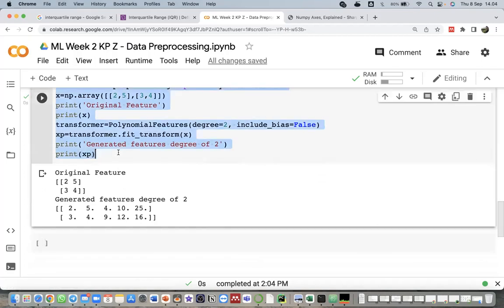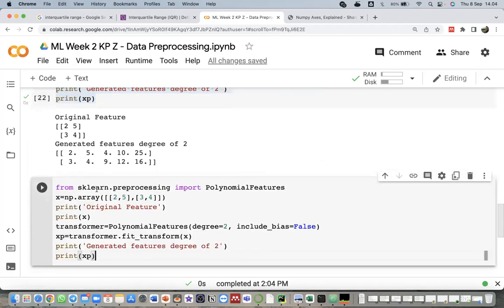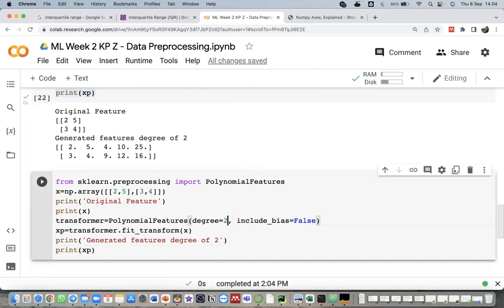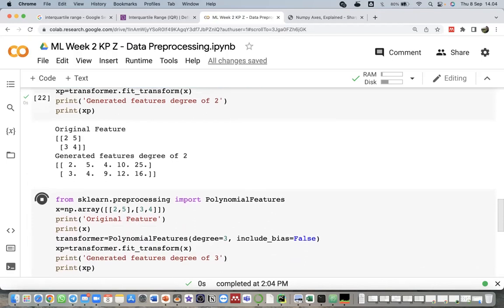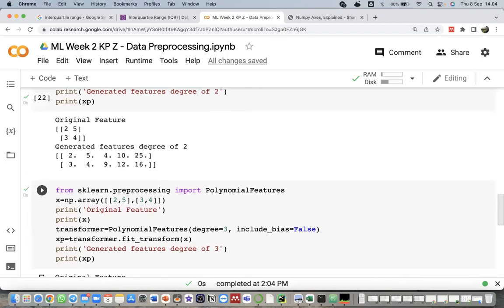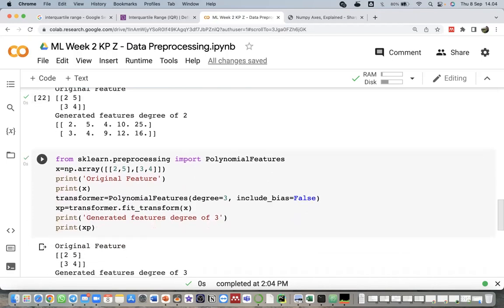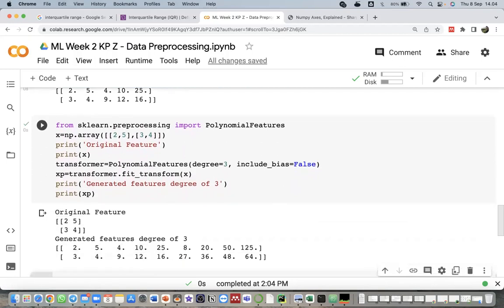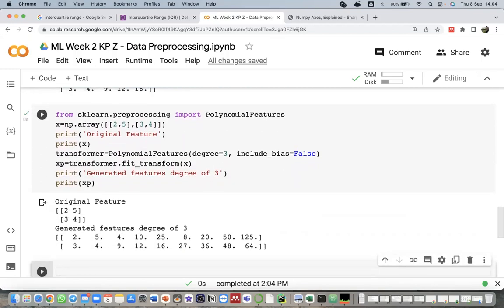You can just copy this code to the next cell, then change the degree value to 3. It will give us the generated features degree of 3 from our x matrix.